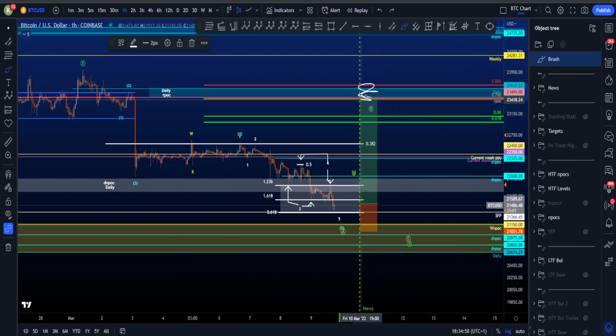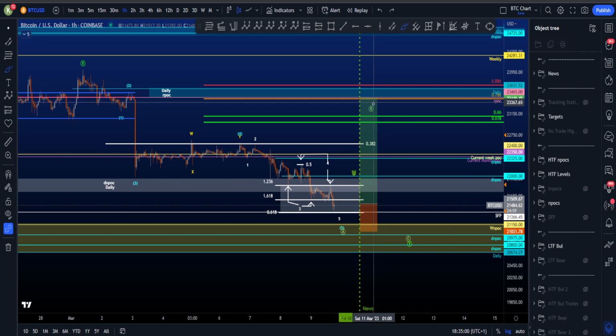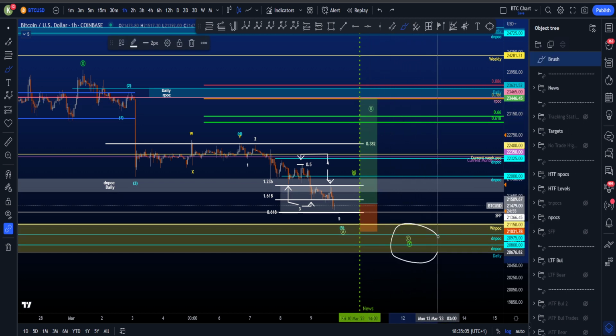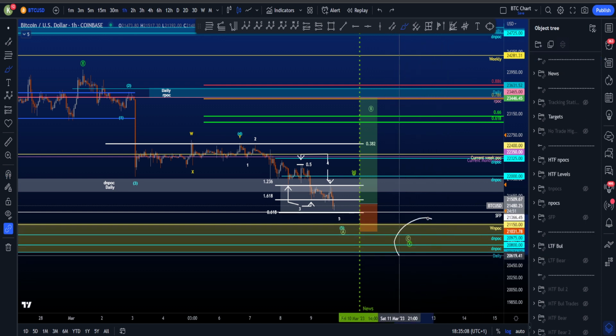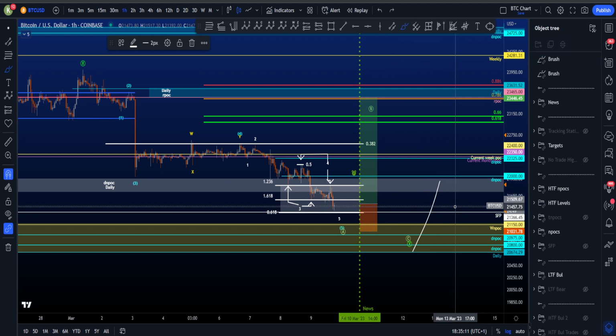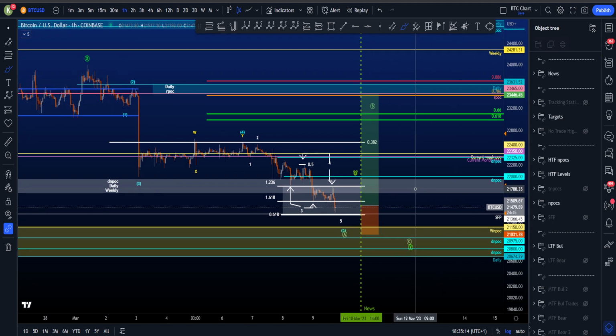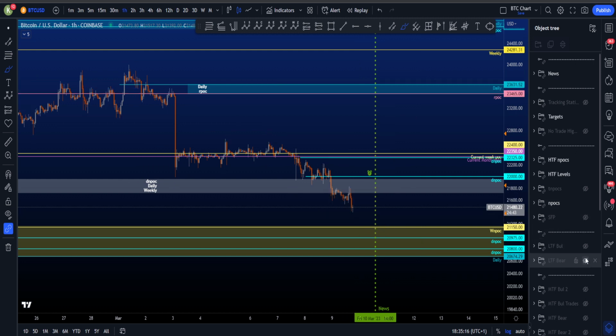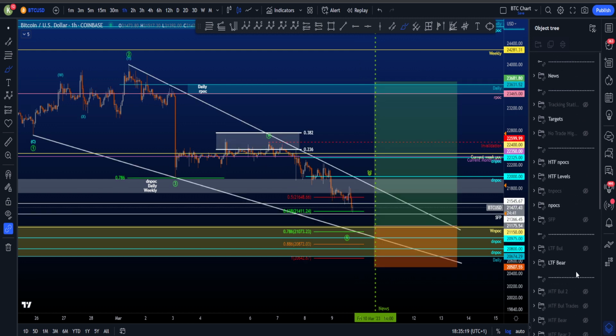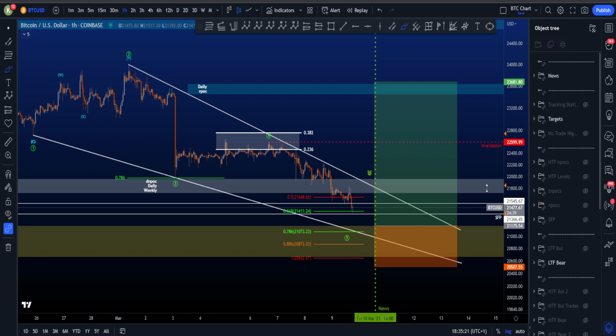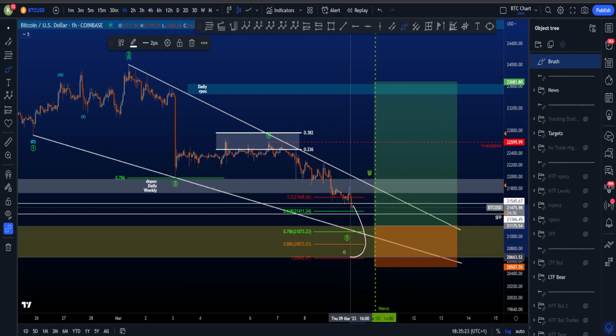So that would be a very nice area for the high of B. Before then, another impulsive move to the downside, hitting this target box, grabbing all the liquidity, touching all the support levels, and then move up to the upside. That would be my ideal scenario that I see at the moment, which then is the more bullish scenario, because the bearish scenario is, well, basically this one,